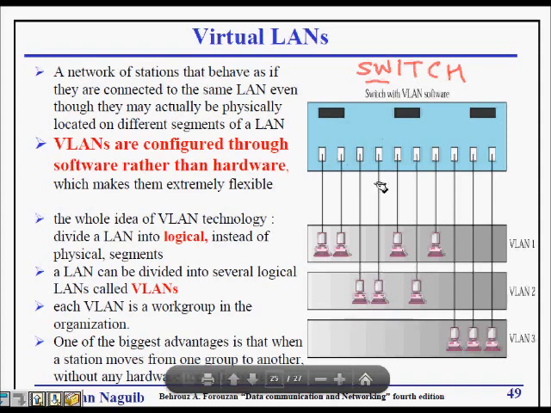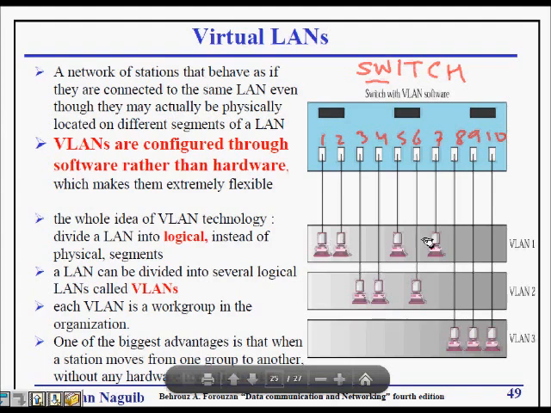It's a soft switch where we have ports, but they can be programmed. Now we have 10 ports on the switch, and 10 computers attached to them, and we say that the group VLAN 1 means that they are all on the same broadcast domain.